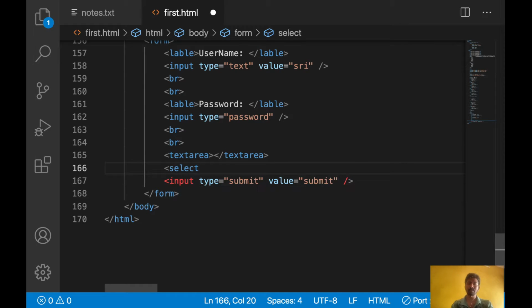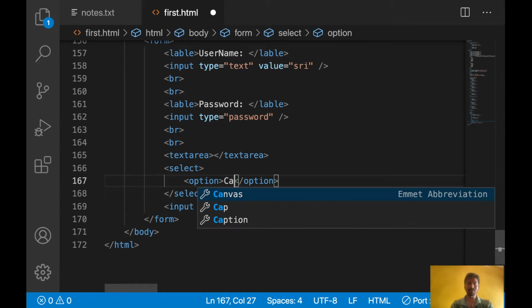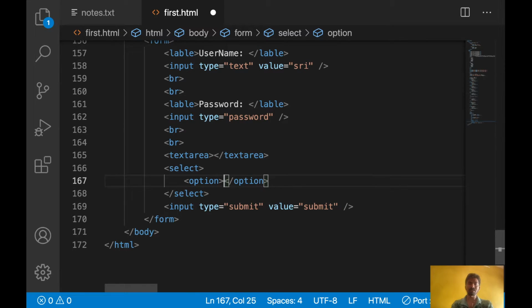Select element we will use. Inside that we will use the option. Inside option, let's say I want to select some car. Then some companies are there, Maruti. Let's say some more options I want to display.